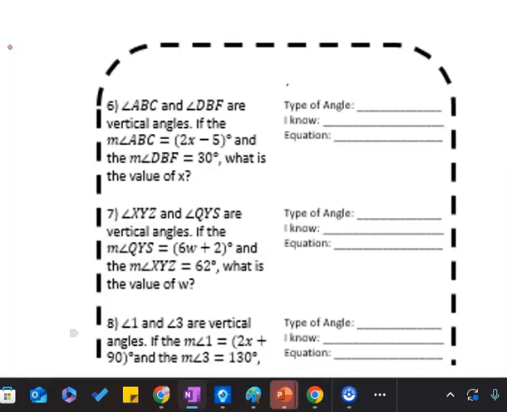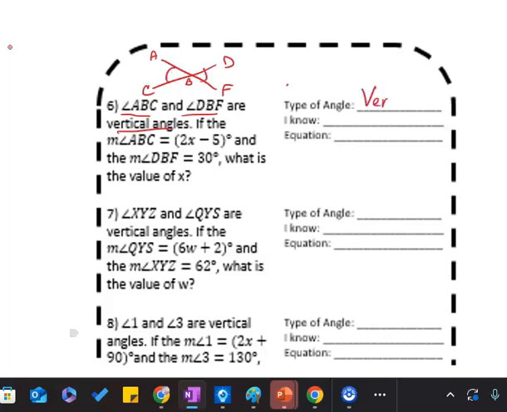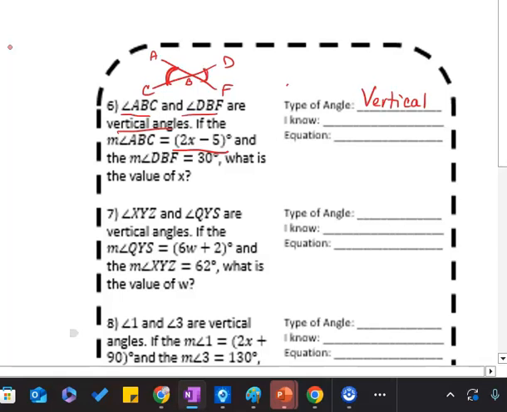Okay, so I'm given two angles that are vertical angles. So what that means is that I've got this angle ABC and this angle DBF that are vertical angles. That's what it tells me. And the measure of ABC, the measure of one of my angles, is 2x minus 5, and the measure of DBF, or my other angle, is 30. So what I know about vertical angles is that they are congruent,